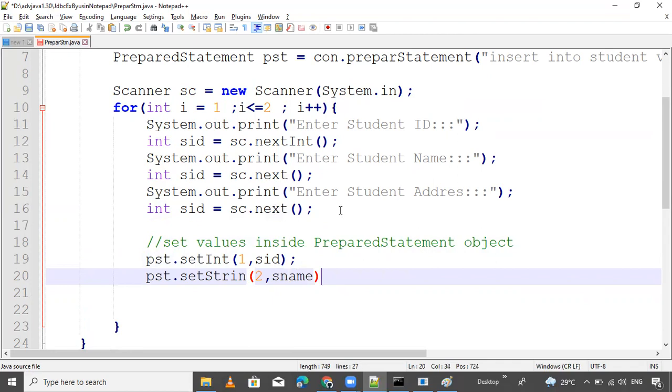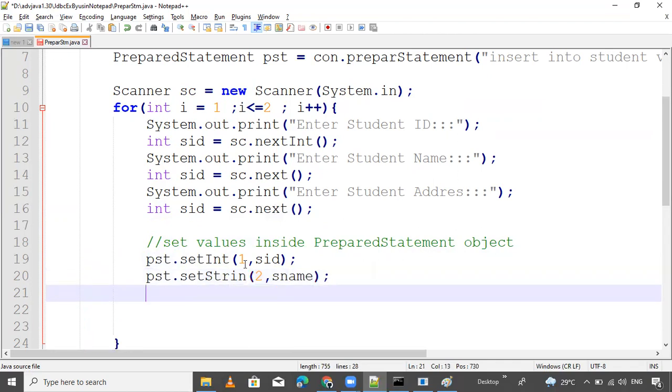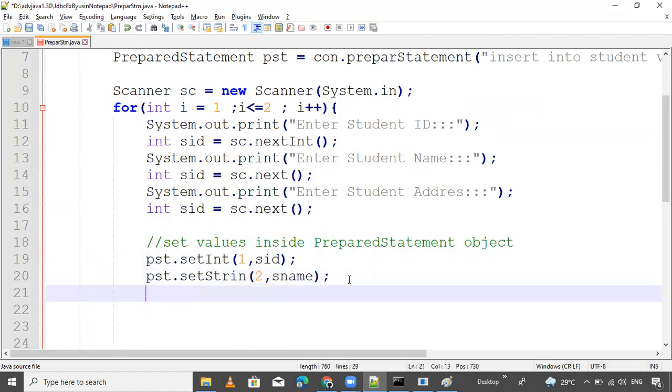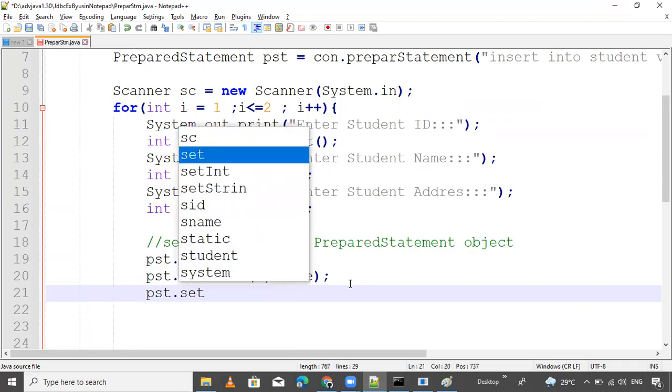You can pass the column name here instead of the number, not an issue. Okay. First, I will prepare this example. After execution, I will do some modification on this same example. There I will show you all possible cases. Okay.